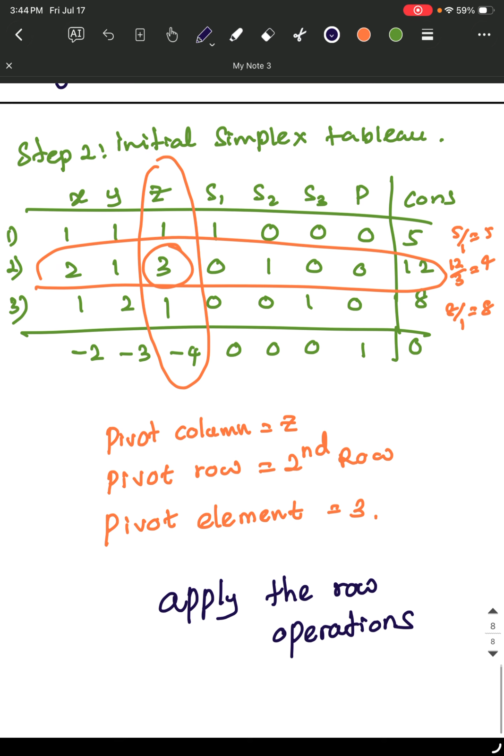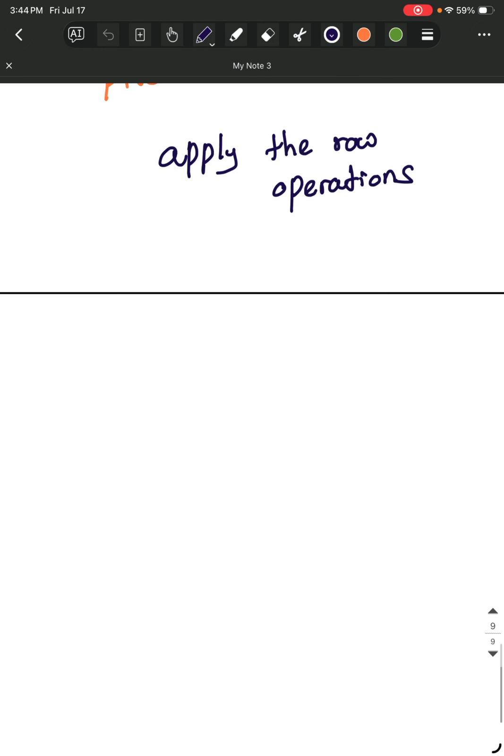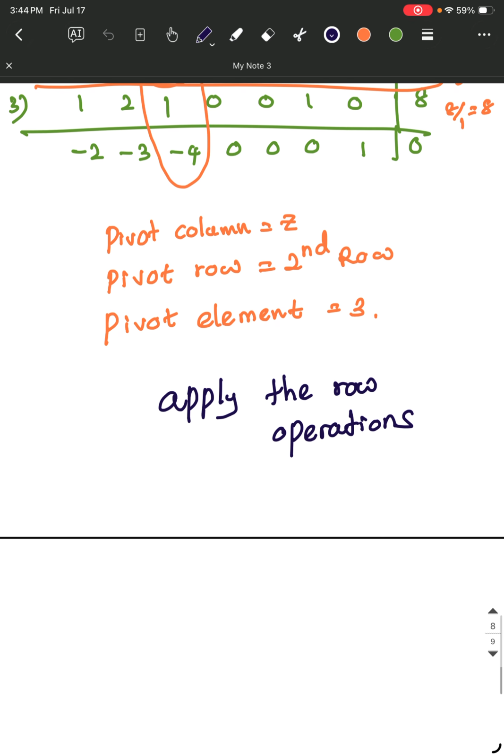So here I will perform some steps. After pivoting with a few steps,